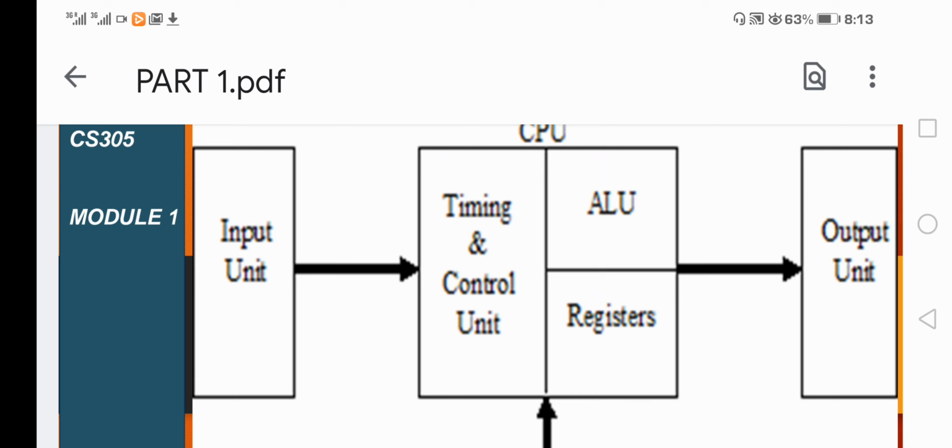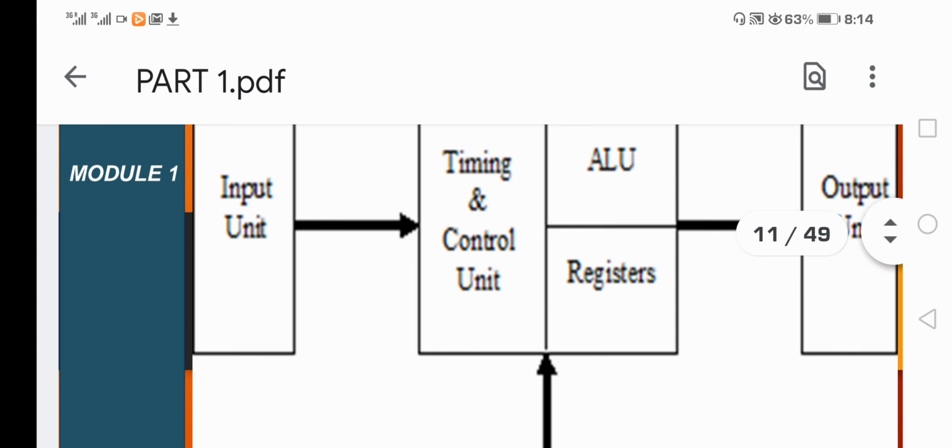Don't think that only a single operation is carried out by the computer at a particular instant of time. More than one operation can be carried out. So there is a quite important requirement for someone who is able to control or coordinate such kinds of operations carried out by the system. The timing and control unit is a main subunit within the CPU, responsible for controlling and coordinating the overall actions and operations carried out within the system.